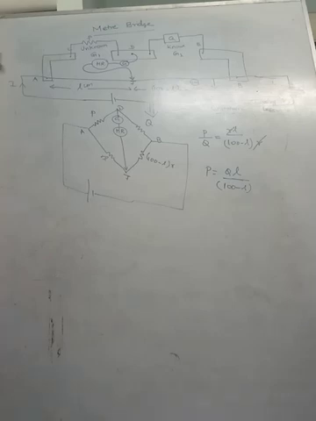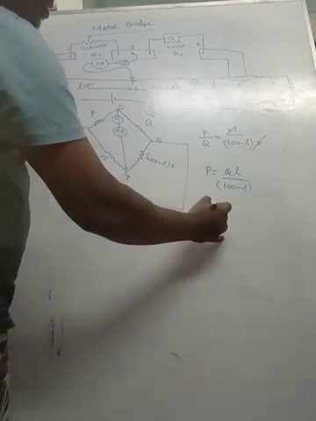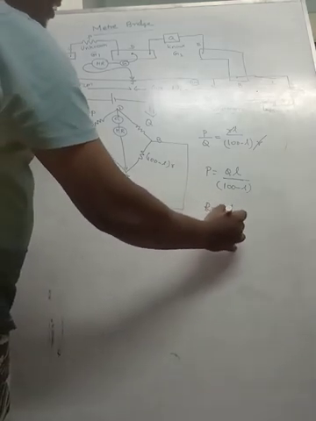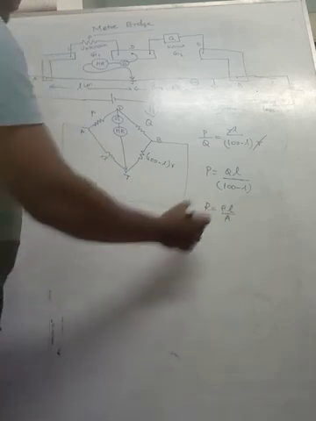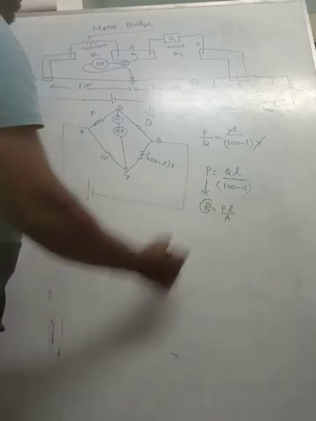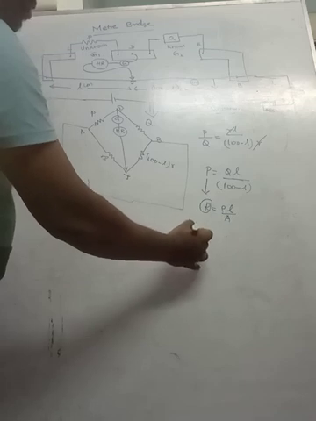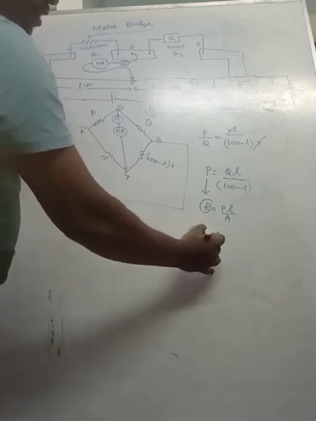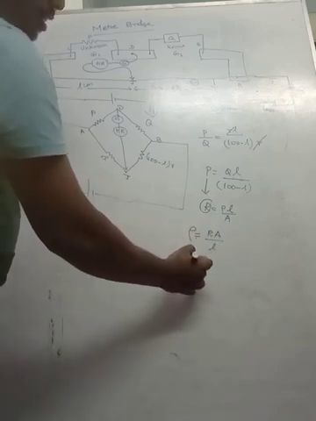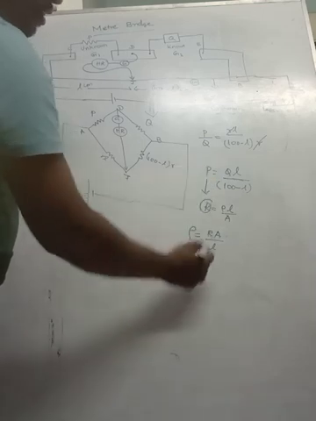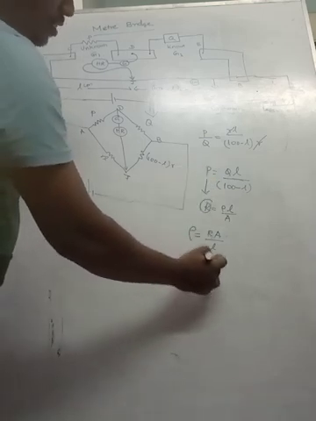So this is the practical application of Wheatstone bridge. Now you know the formula for the resistance. R is equal to rho L by A. So the R we can take as P here. From that we can find out rho. Rho is equal to RA divided by L. The R value we can calculate from here. So instead of R I can substitute P.